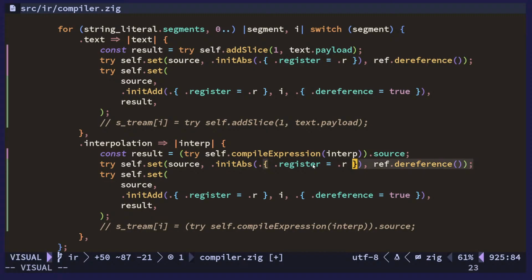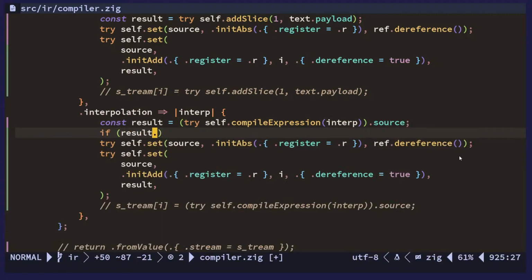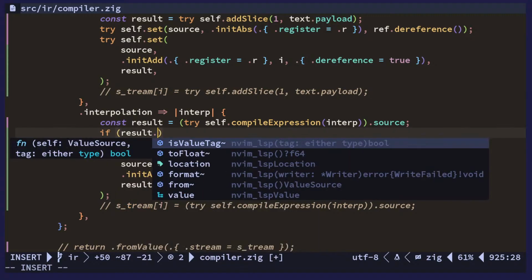So same thing here, we're setting this to the pointer of the thing, which we probably should be. The thing is here, we're kind of overriding R. R could actually be used here as a return thing. So what we need to do is store R in that case. So if the result is the R location,